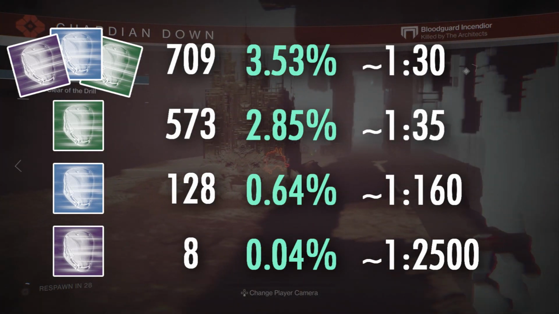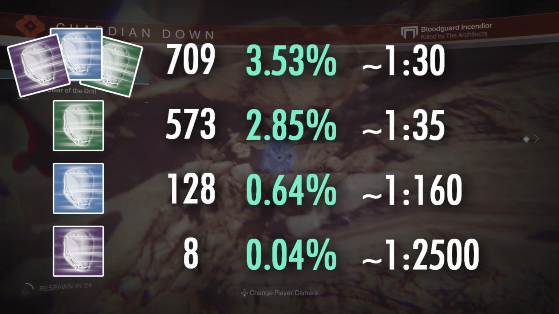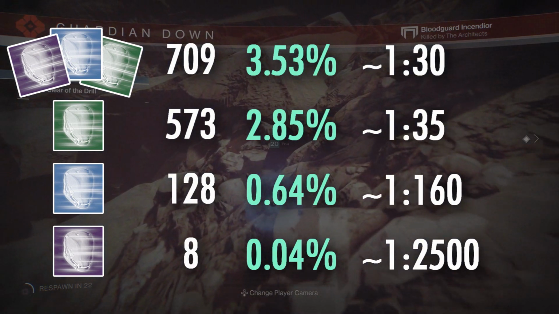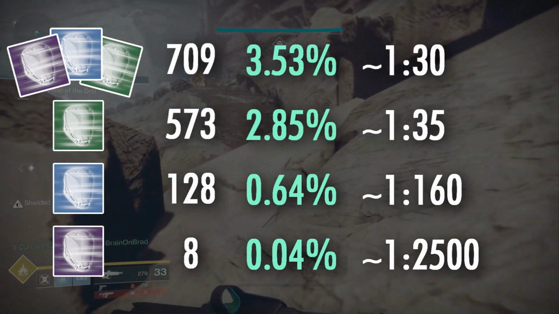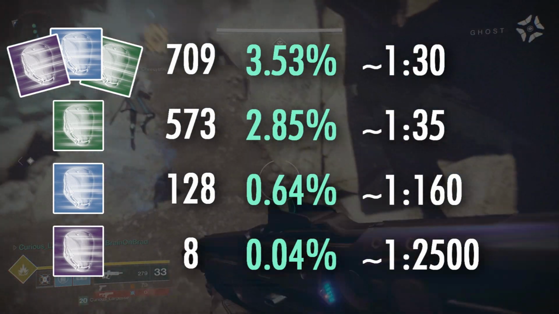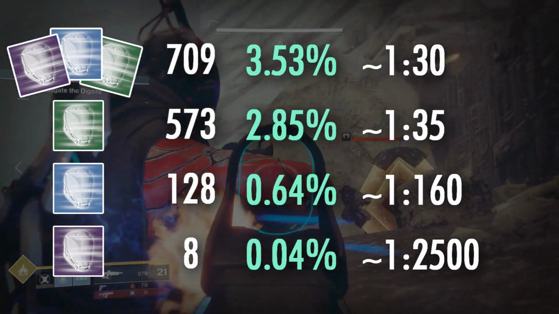For these, we received 128. This is a drop rate of 0.64% of the time, which is 1 every 157 kills or once every 12 minutes and 58 seconds. And for legendaries, we received 8 legendary armor engrams, which is a drop rate of only